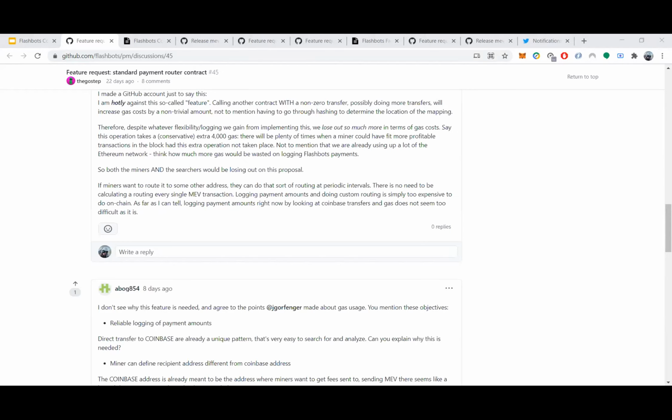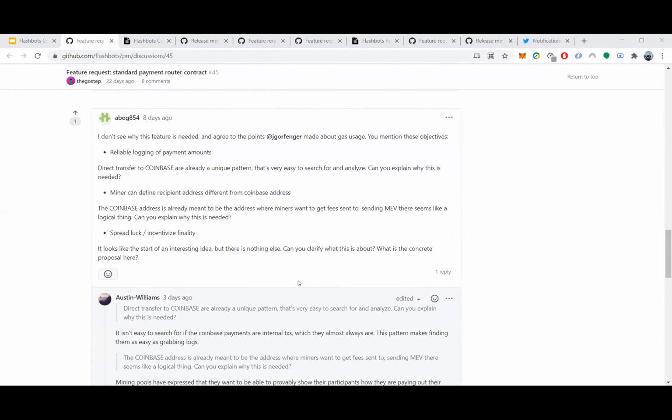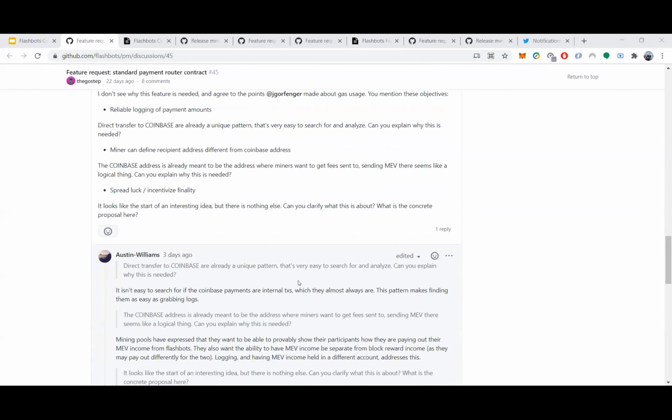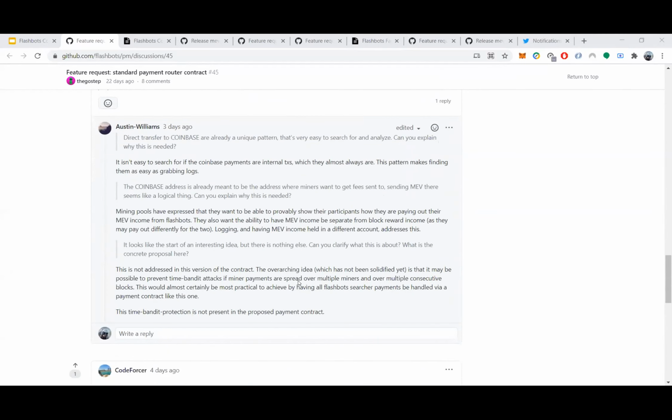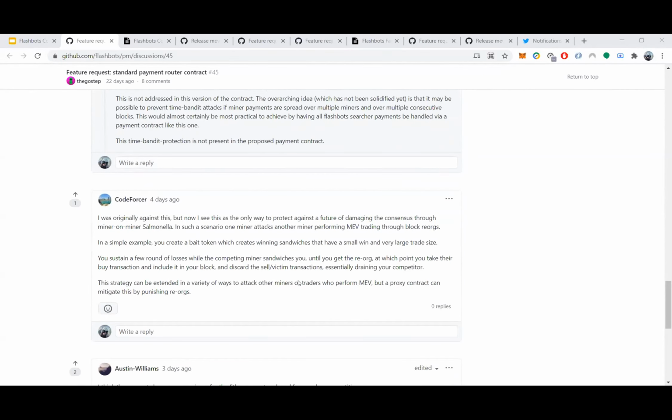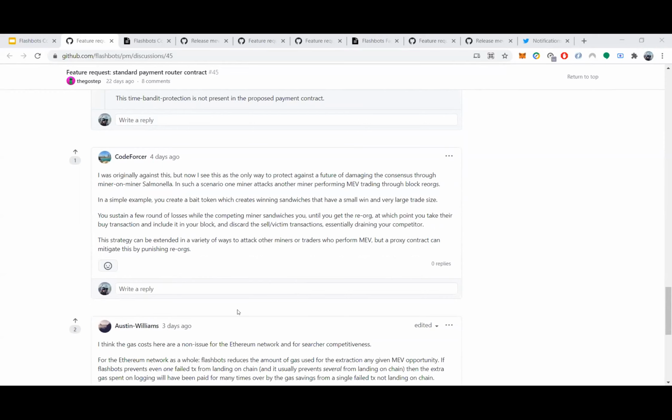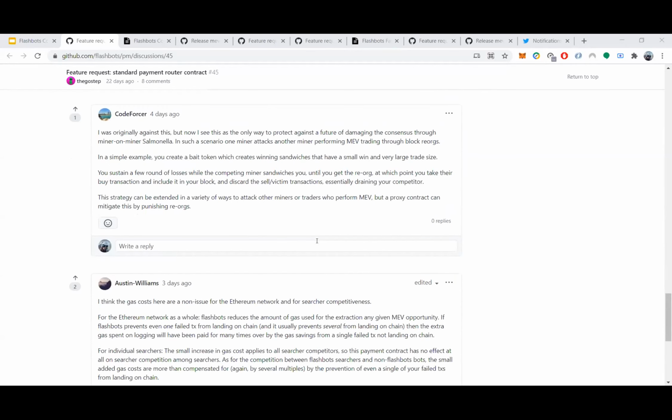The third design consideration is not actually one that we rolled out in this version of the proxy contract, but one that we would love to roll out in the future, which is to improve the security of the chain as a whole by creating an economic disincentive for time-bandit attacks. Time-bandit attacks are essentially attacks where miners see the history of blocks on Ethereum, and they notice that there was a large MEV event that exposed potentially millions of dollars in value, but would have been vulnerable to being front run. So what the miner can then do